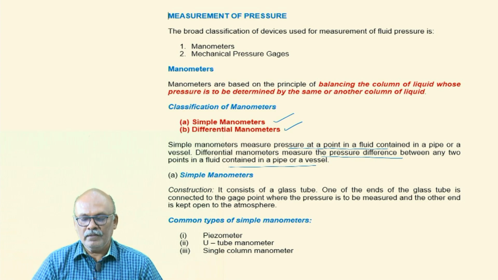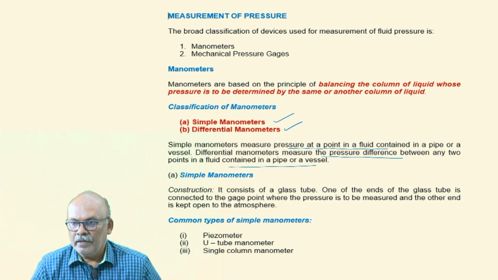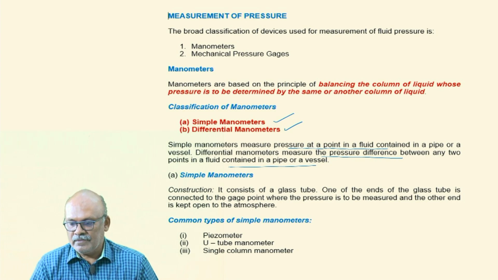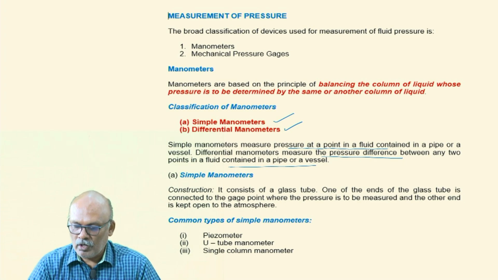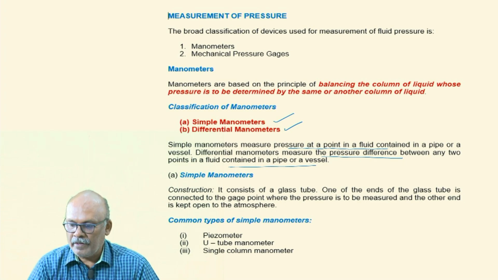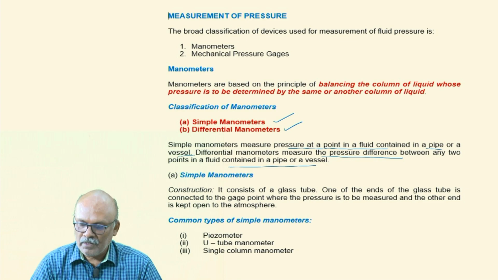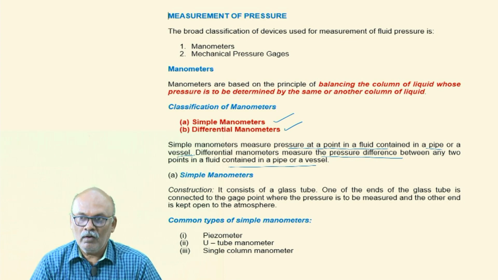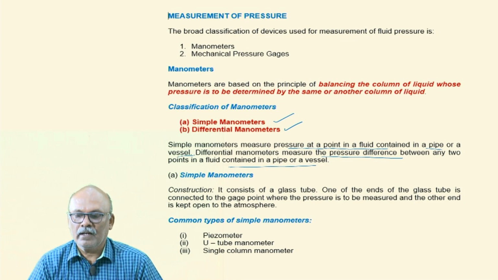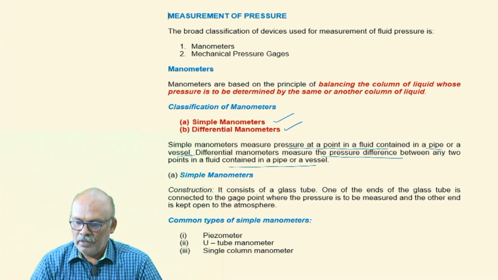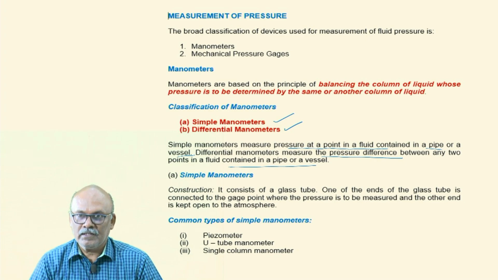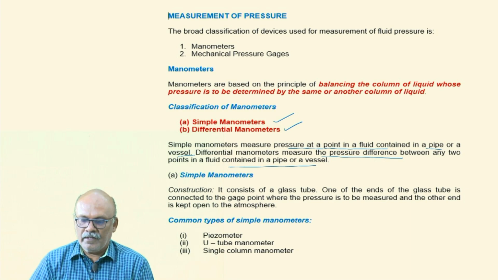In a pipe the fluid is flowing, in a vessel the fluid may be in static condition. So the fluid may be flowing or at rest in a vessel. So let us first